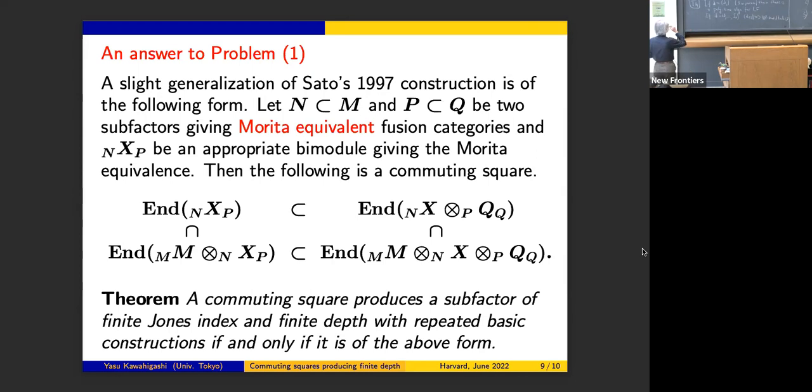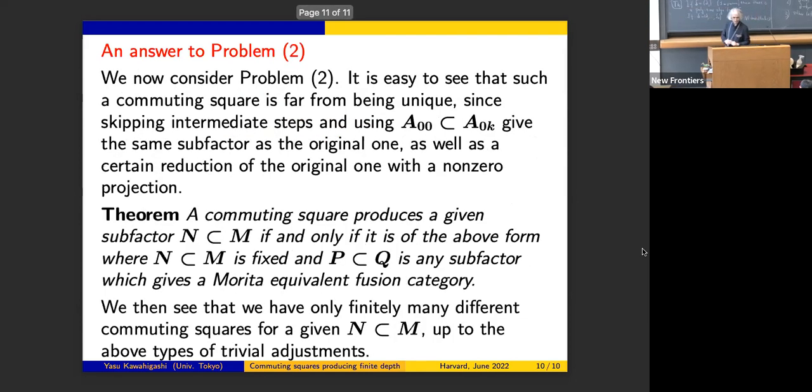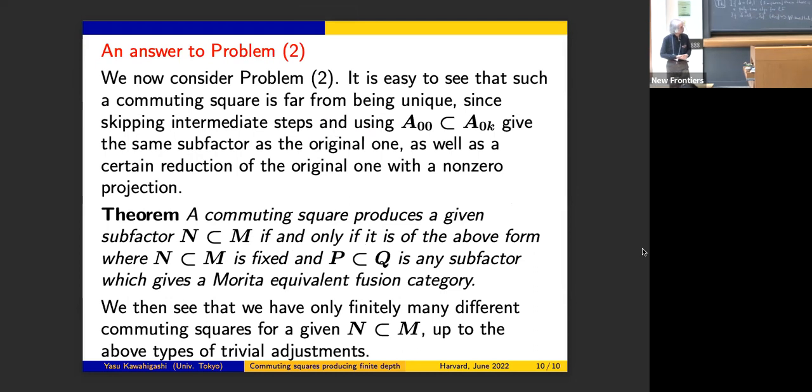So this is our answer to the first problem I explained. Then the next problem, which is a refinement of the first problem, is also studied in this context. So we now consider problem 2. It is easy to see